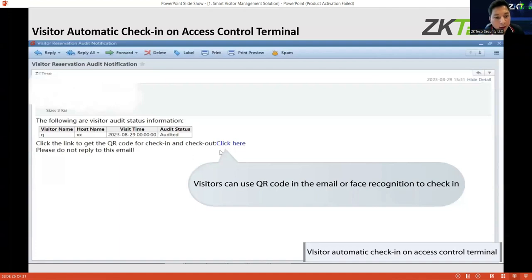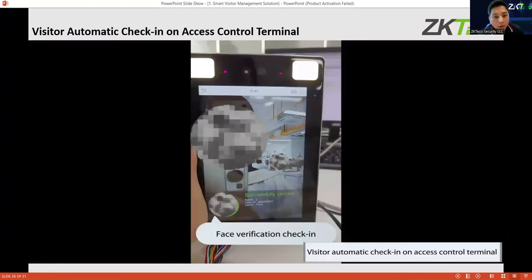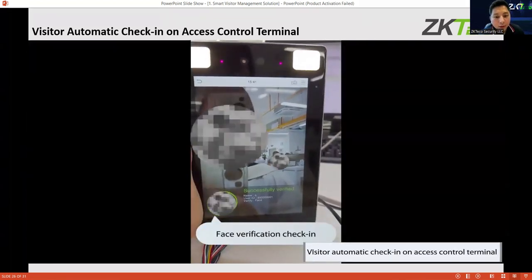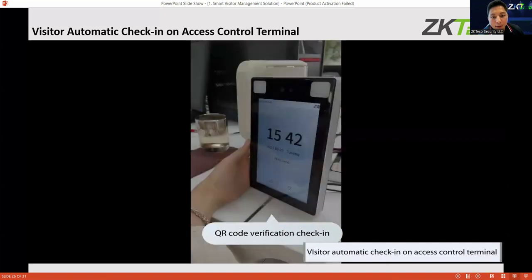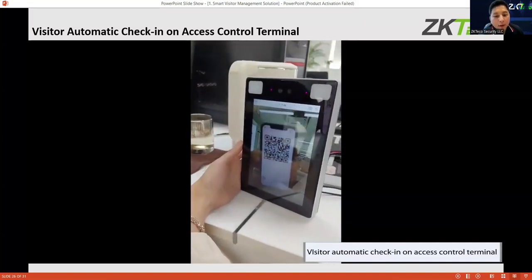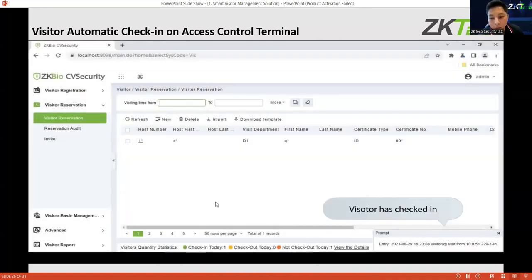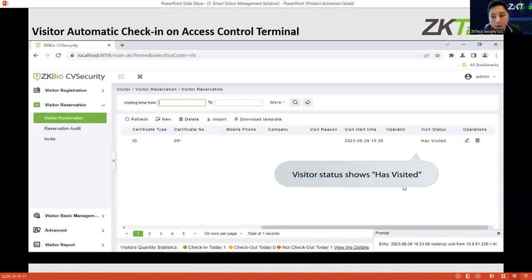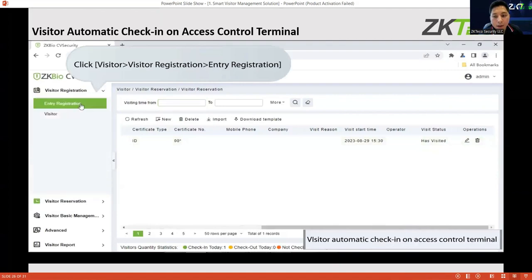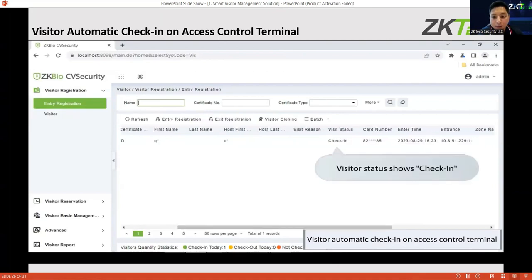After that, the visitor can use the QR code to check in. Just showing the QR code, the visitor can use that to verify using the access control devices. After that, the system will see that the visitor has already visited the premise or entered the building. He already checked in.